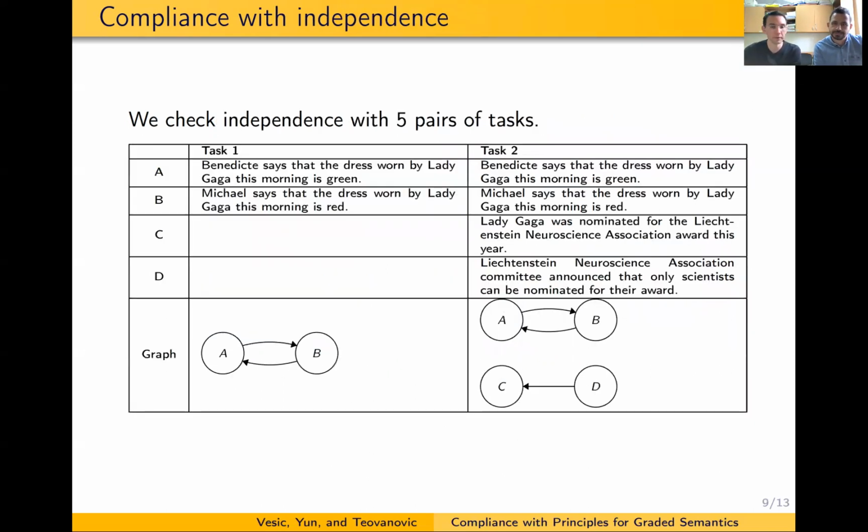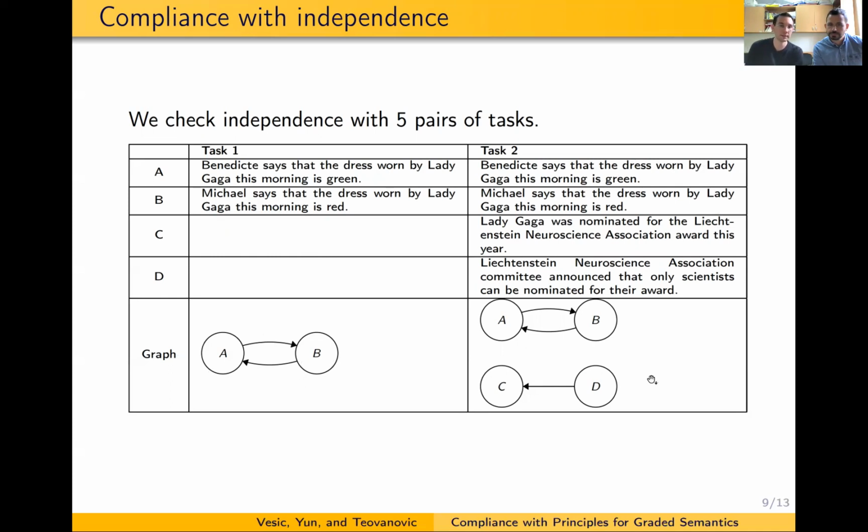Let us very briefly show independence. Here the idea is to have 2 different tasks. Participants do not know that they're being evaluated on independence because they don't even know what independence is. We made sure to have different examples and different tasks between them, so they are a bit separated. On the left, they see only this dialogue and this graph, and then a couple of questions later, they see this dialogue and this graph.